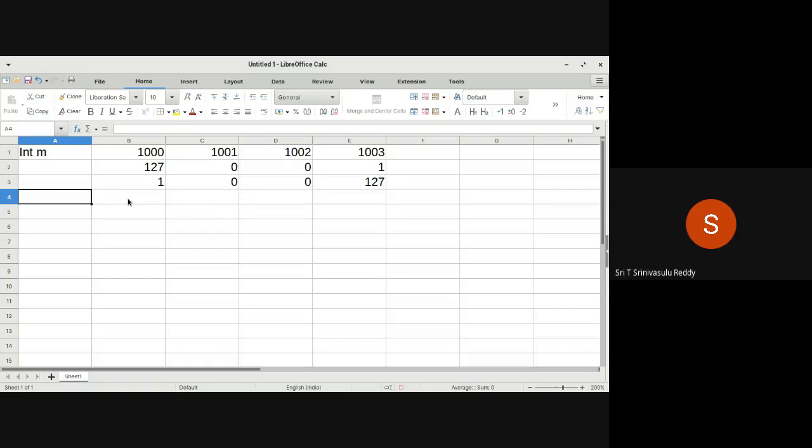But when you are transferring numbers like this, one should try to convert these numbers into some standard format, and that standard format is called the networking format, or network order.